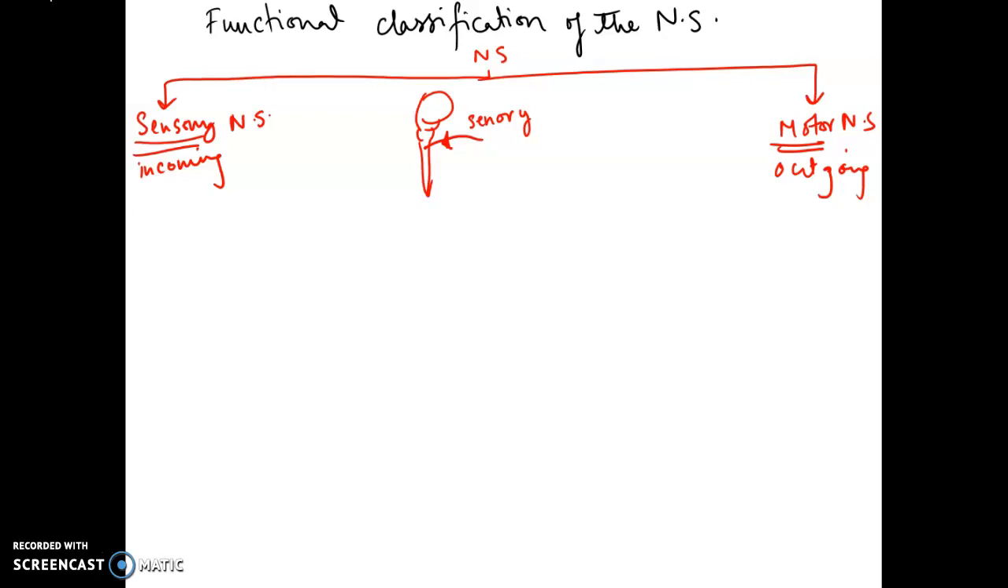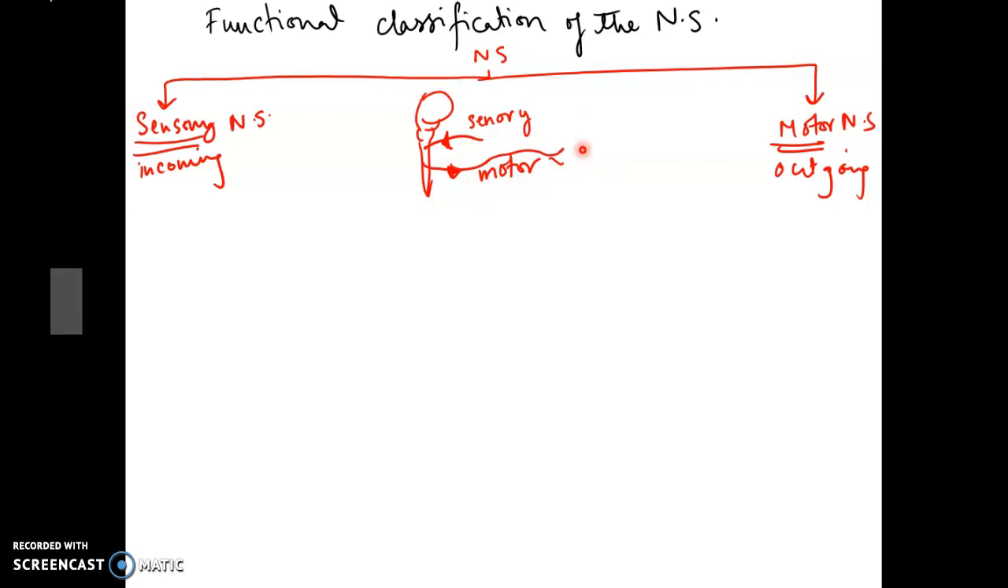Motor is outgoing. So the information goes to the brain and spinal cord. Your brain and spinal cord decide, they are the decision maker, right? They decide what action to take and send out a command. This is motor. So the outgoing command is called the motor nervous system, and the command can go to skeletal